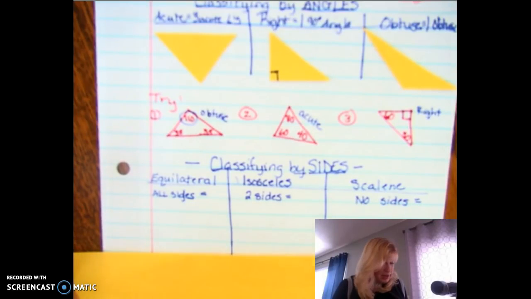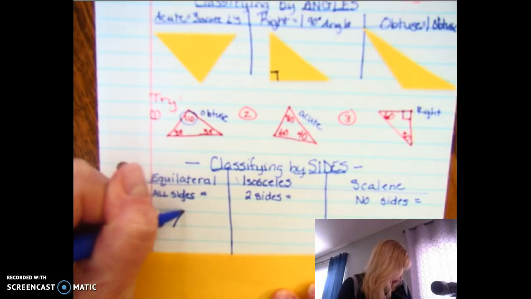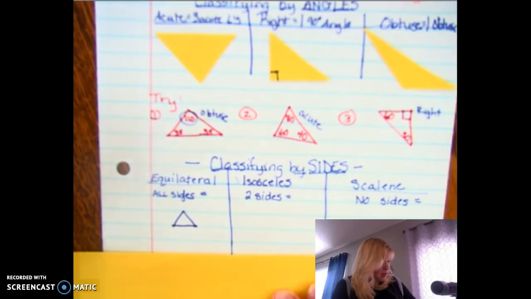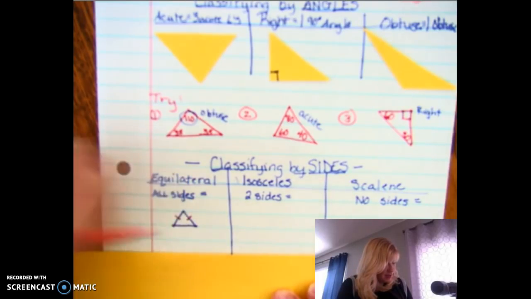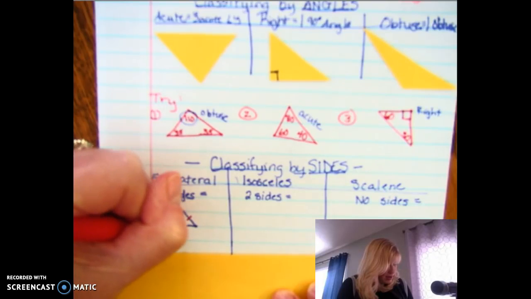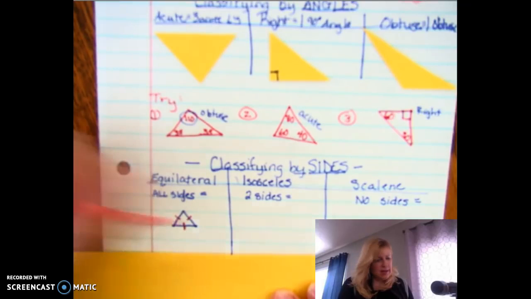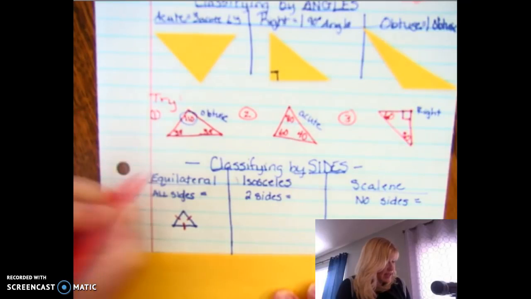All right, we are going to classify by sides. So this one I am going to attempt to draw, and when I do, please give me some grace, and I'm going to show you the congruency symbols. So if I want to show you that these two sides are equal, I draw a little line there. That means this is equal to this. And I'm going to draw one little tick here that's equal to that. Okay? So this tells me that all three of the measures of these sides are equal,